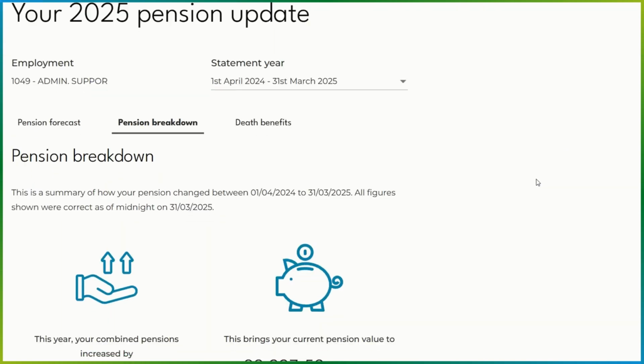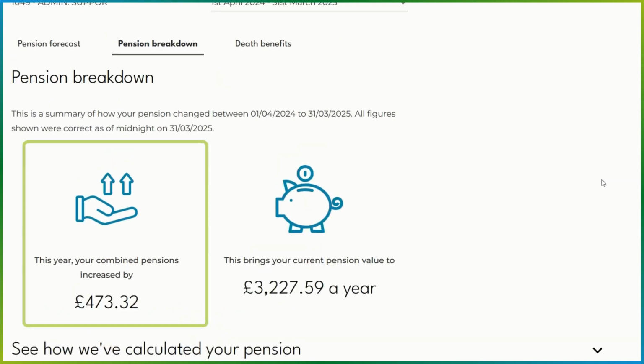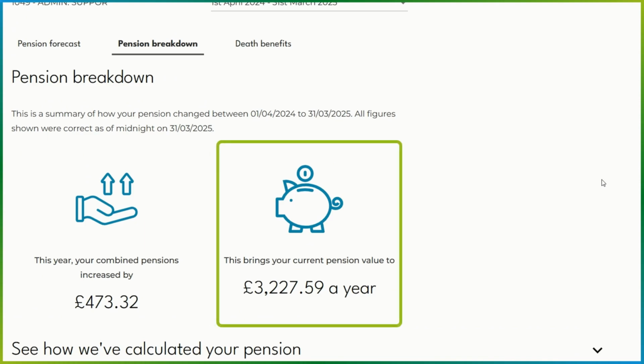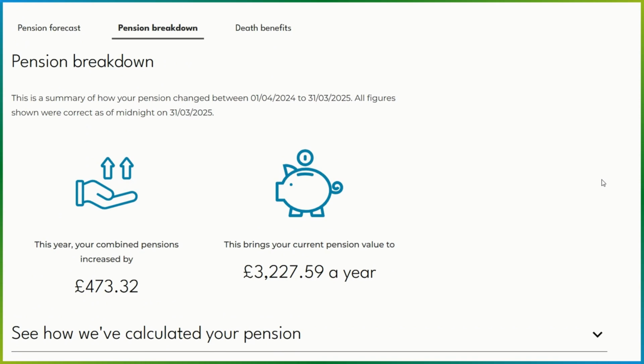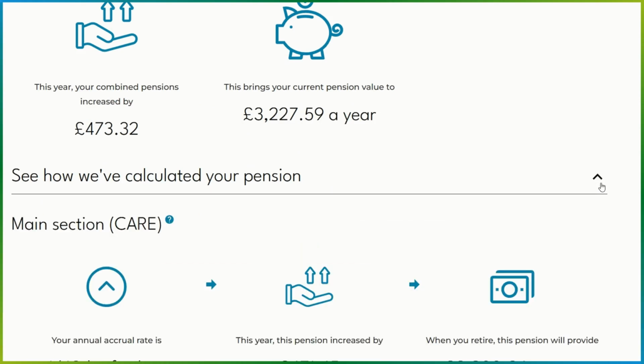This page is a summary of how your pension changed in your selected annual pension year. You will have a summary of how much your combined pension increased or reduced by. This will then show you your current pension value per year. In this example, from the 1st of April 2024 to the 31st of March 2025. Just expand the drop-down and you will see more details on how this was calculated based on the pension scheme